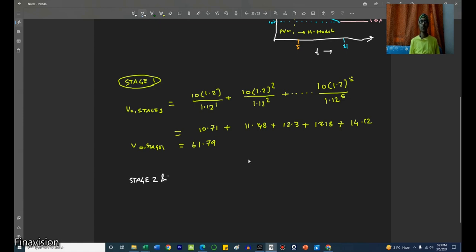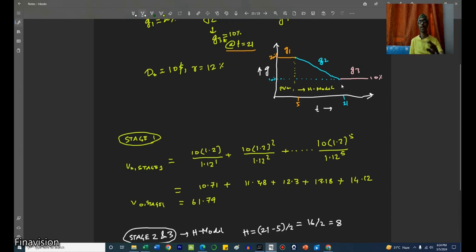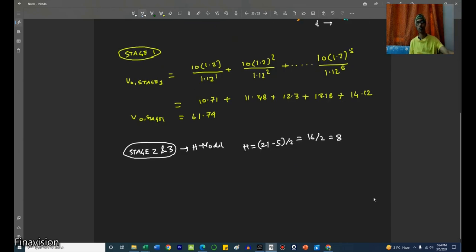Stage 2 and 3 actually we will be calculating together, because here we will be using an H model, right? Because there is a smooth decline. H is equal to 21 minus 5 by 2 is equal to 16 by 2 is equal to 8, right? Because from t is equal to 5 till t is equal to 21 there is a decline. From t is equal to 21 there is a perpetual rate, right? So V0 stage 2 and 3 is equal to